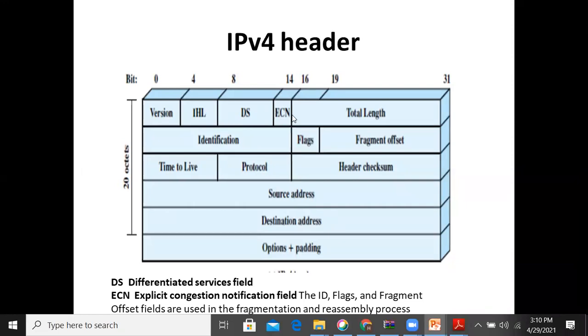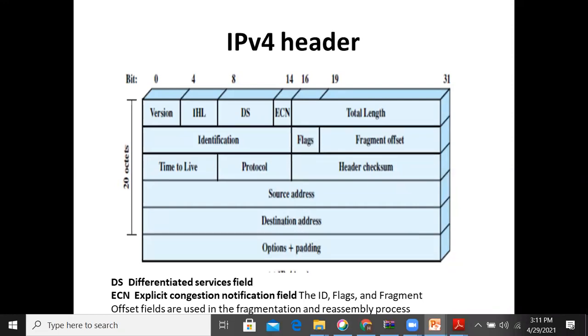And ECN is the explicit congestion notification field. That is for when congestion occurs on the network. Congestion means that because a large number of packets are transmitted over the network, the packets may collide and overlap each other, so there may be chances of errors.